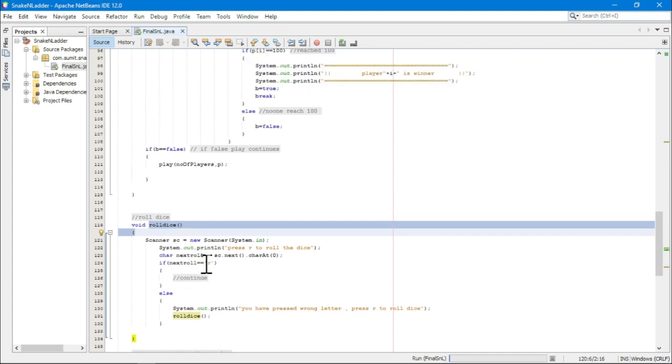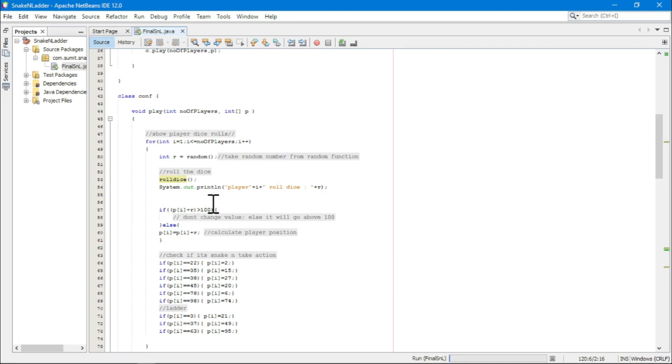So after the user has pressed the R, the dice will be rolled, right? So we will be printing that player 1, suppose I is equal to 1, rolled dice plus R, so this R will contain the random number between 1 and 6. This will be created each time, and you can see it will be stored. Suppose the number is 3, so player 1 rolled the dice and the dice number is 3,